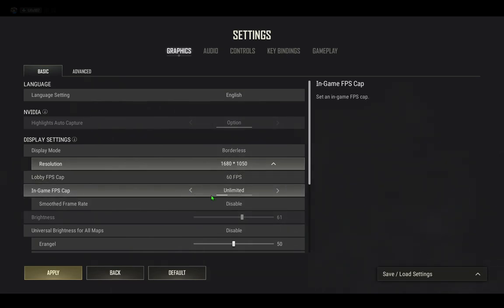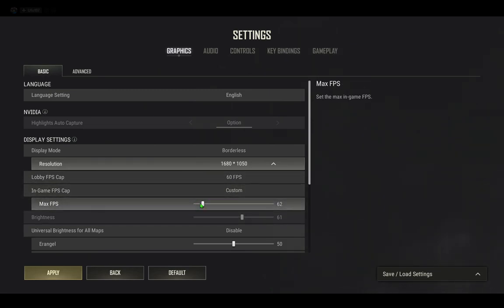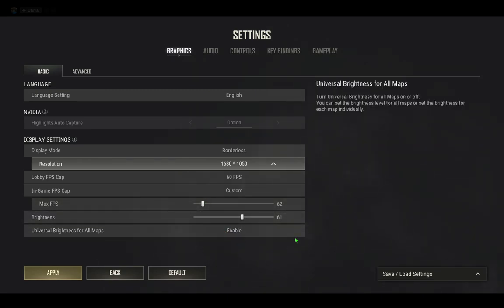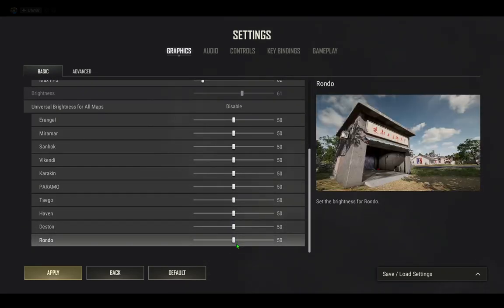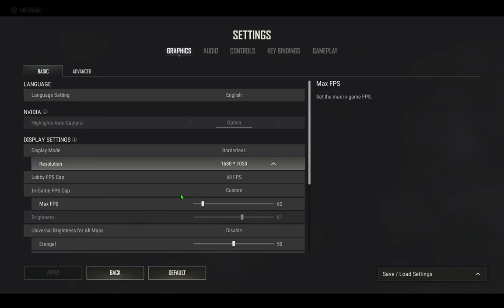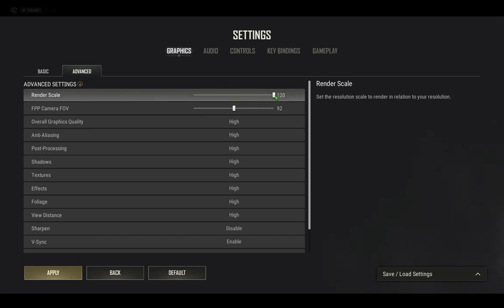In-game FPS, from unlimited, move to custom. Move down to max FPS and set it like me, 60 FPS. Move to universal brightness for all maps, switch from enable to disable and leave this at 50%. After that, go here and click apply. Move back to Advanced, click on it, and you will see render scale from